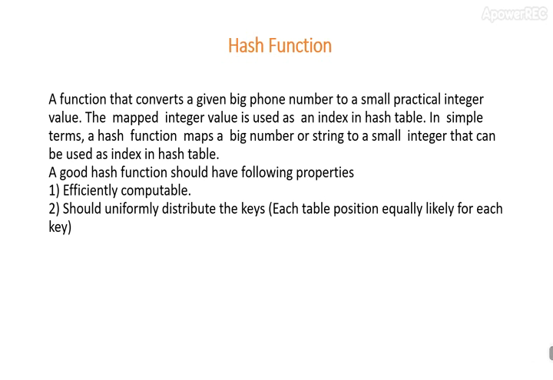To achieve a good hashing mechanism, it is important to have a good hash function with the following basic requirements, such as efficiently computable, that is, it should be easy to compute and must not become an algorithm in itself. Second, uniform distribution, that is, it should provide a uniform distribution across the hash table and not result in